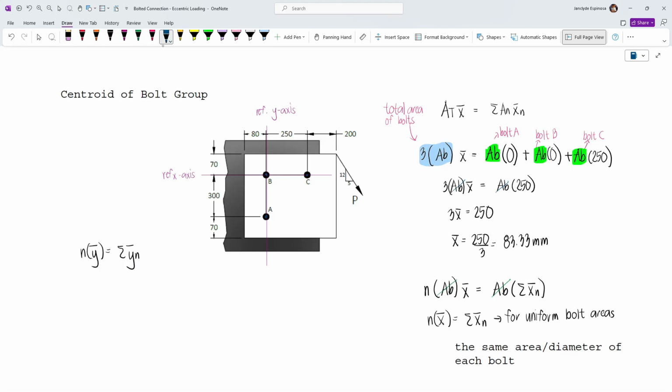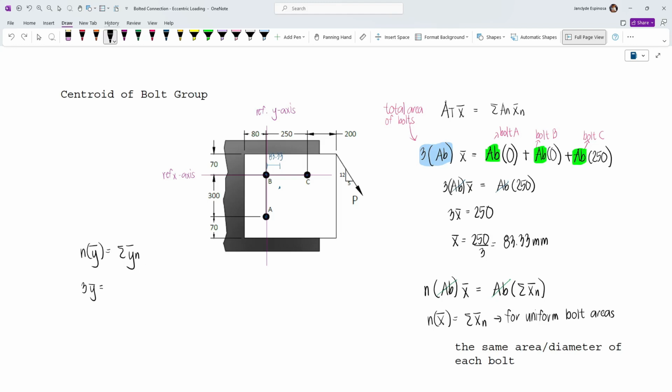And then by the way, our barred x is located right here. So this is 83.33 from our reference y-axis. So 83.33. Now for barred Y, we need to consider our reference x-axis. So we have the number of bolts equal to 3, and then barred Y is equal to the summation of